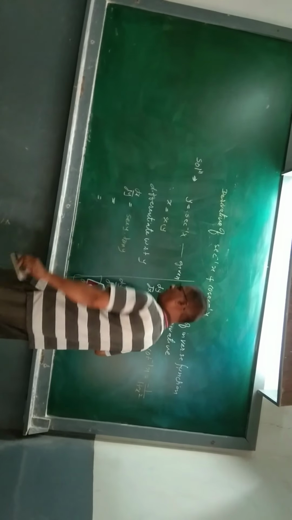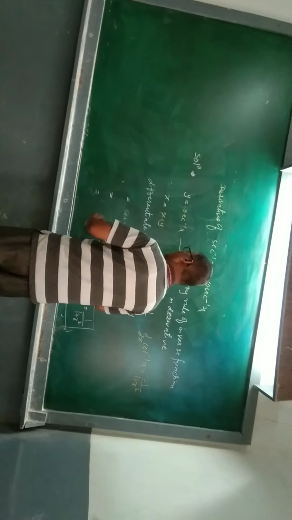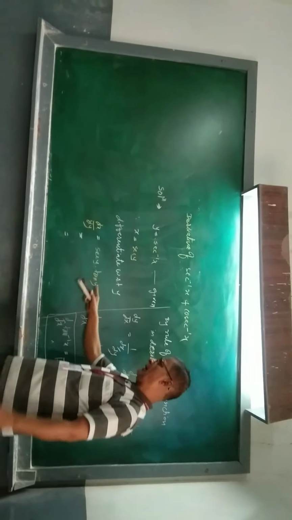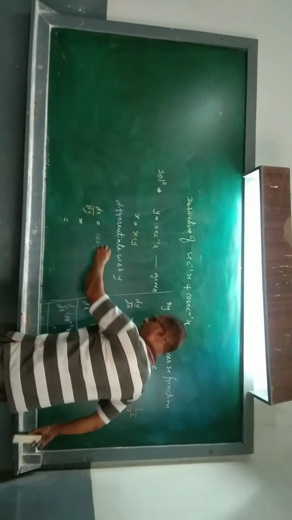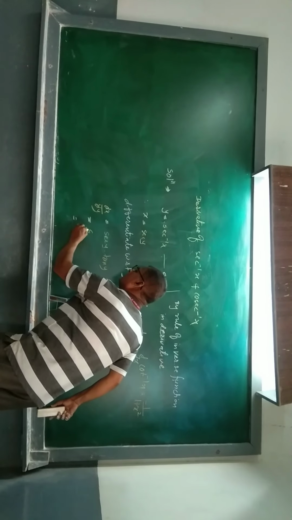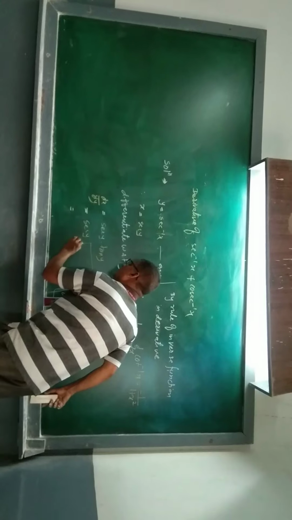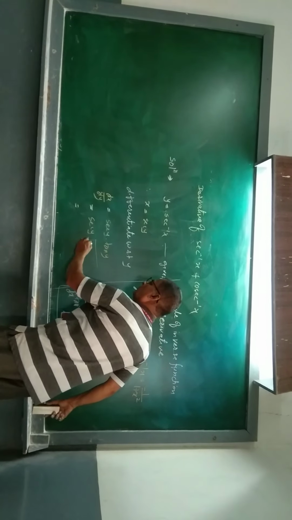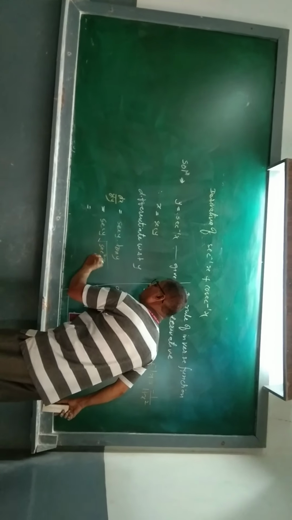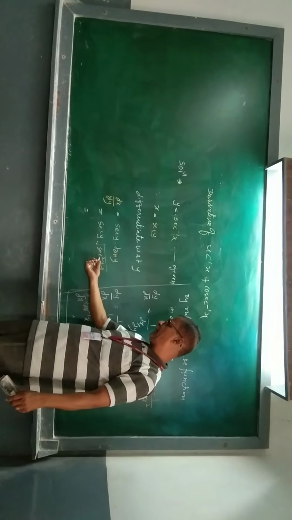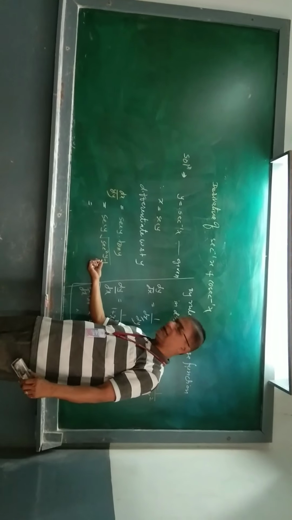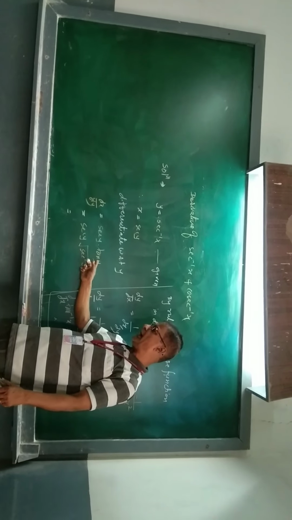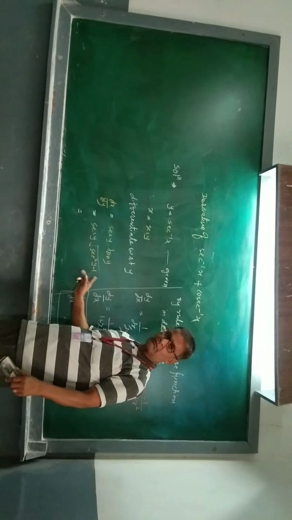Now dx upon dy. Here we have got dx upon dy equal to sec y tan y. Now substitute. What is meant by tan y? Tan y is equal to the square root of sec square y minus 1. We know that identity: sec square y minus 1 is equal to tan square y, and the square root of tan square y is equal to tan y. So in sec y tan y, instead of tan y I consider the square root of sec square y minus 1.